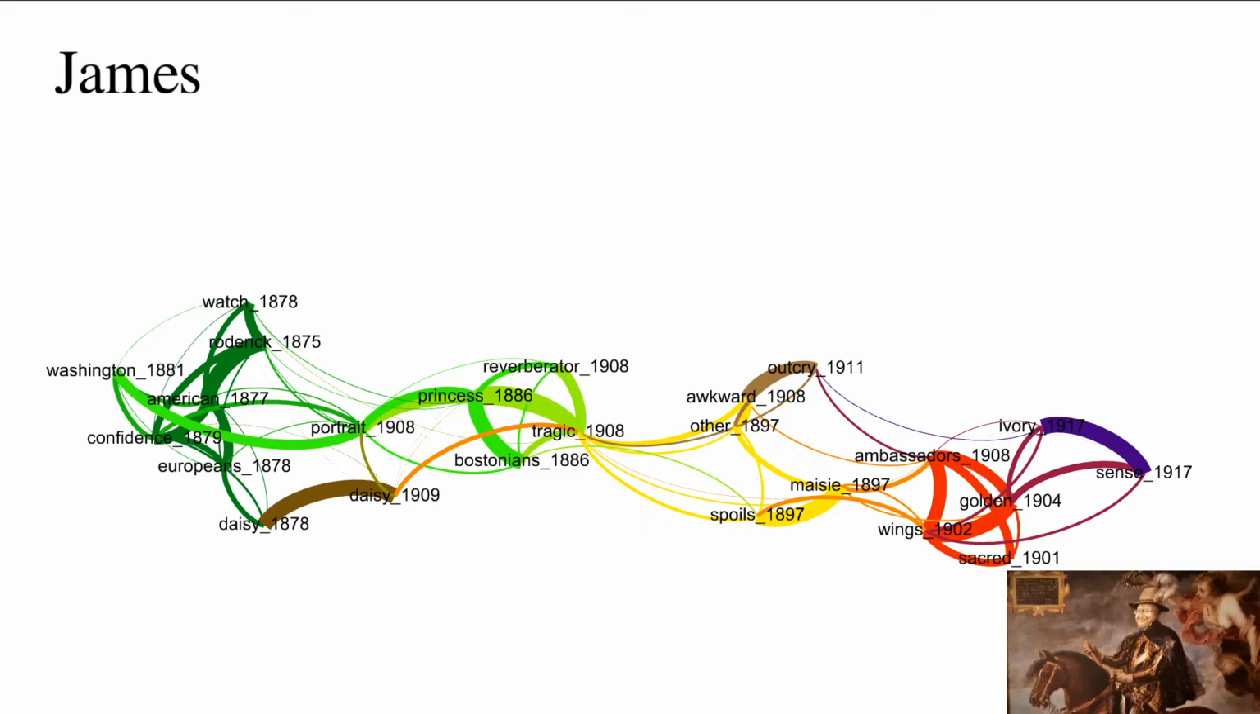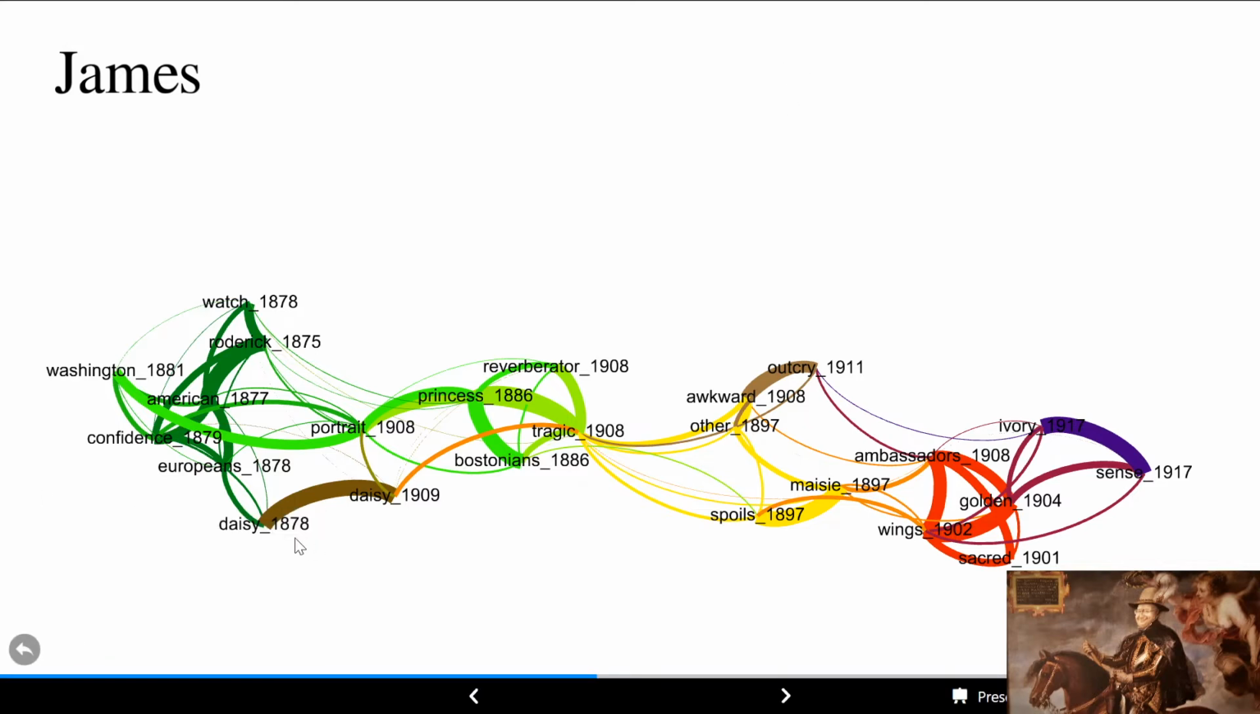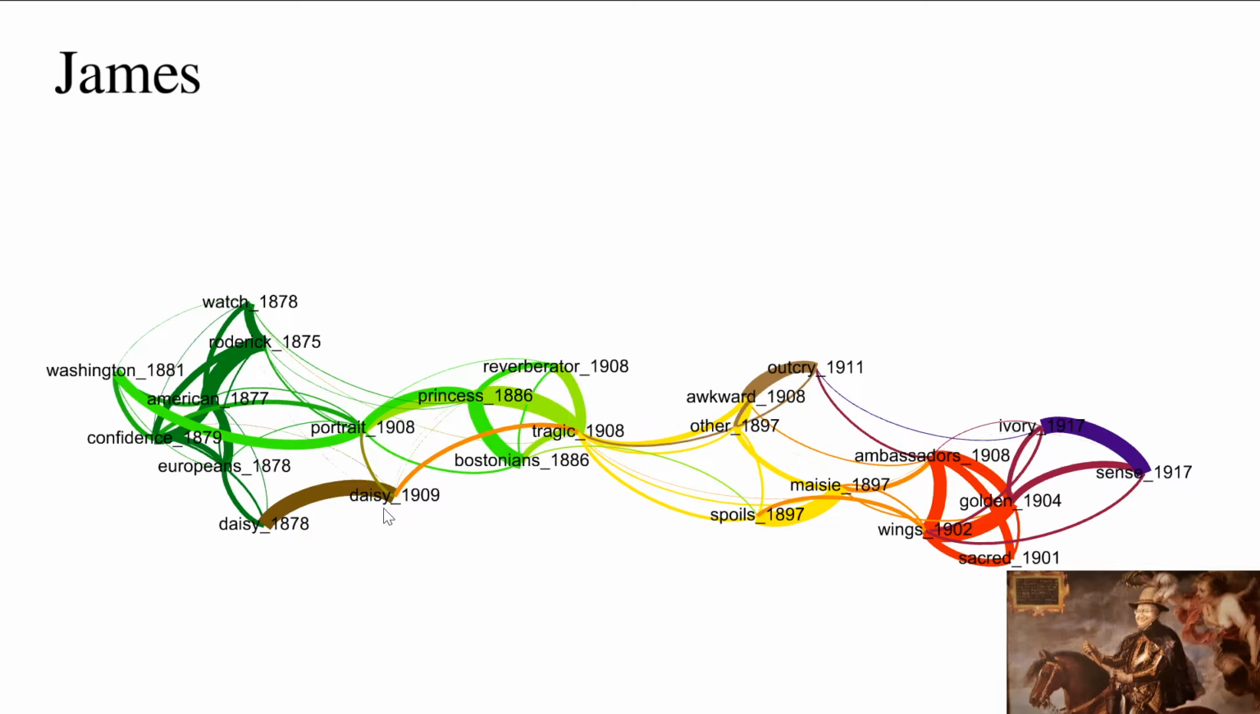In fact, this chronological evolution is made even more obvious in James, in that James was an author who liked to rewrite some of his books. Daisy Miller, his 1878 book, was later rewritten by him in 1909. Well, you can see that obviously it's very similar. These were not major rewrites,